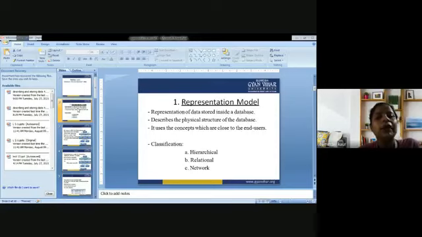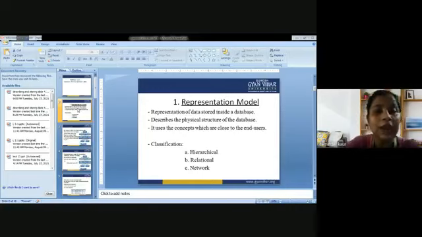Next, it uses concepts which are close to the end user. Now, what is an end user? The end user is concerned with the user interface because he is concerned with the operation of the queries and the result of the queries. That is why we use concepts which are close to the end users. End users are concerned with raising queries only, and a database system is responsible for responding to the queries raised by the end users. So it could provide a better interface and an efficient system in which the responses could be delivered to the customers, or end users.